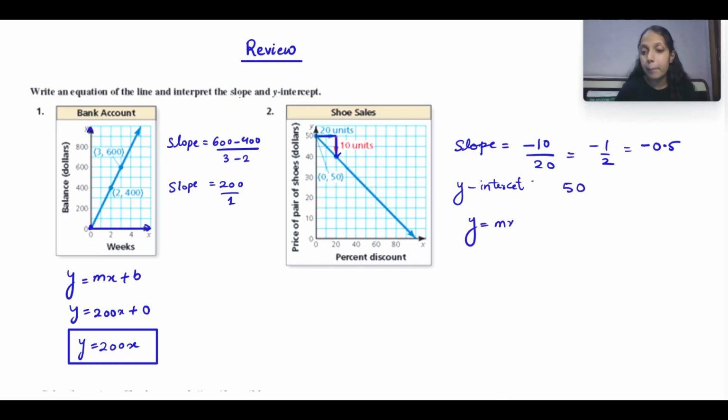y equals mx plus b. m is negative 0.5, x, and b is 50. So this is the equation. We got the equation? Alright, that's it. So next